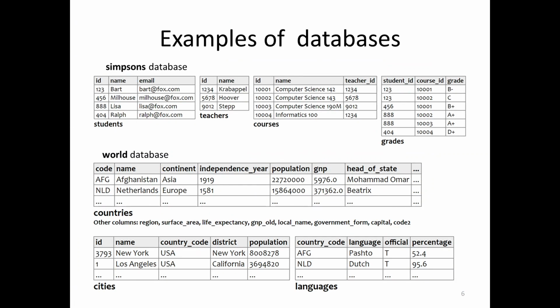We'll have 3 databases that we will use in this lecture. The Simpsons database contains 4 tables: students, teachers, courses, and grades. You can see that students contains 3 columns, and teachers just 2 columns. It's an ID here, and then the name, and the teacher ID and so forth. So there's something that we need to know about these